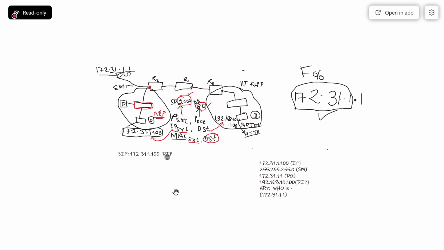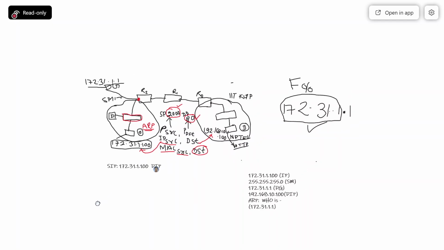Source MAC will be the MAC address of my computer. And what will be the destination MAC? Destination MAC will be the MAC of the default gateway. This is the main point why I am making so much discussion.